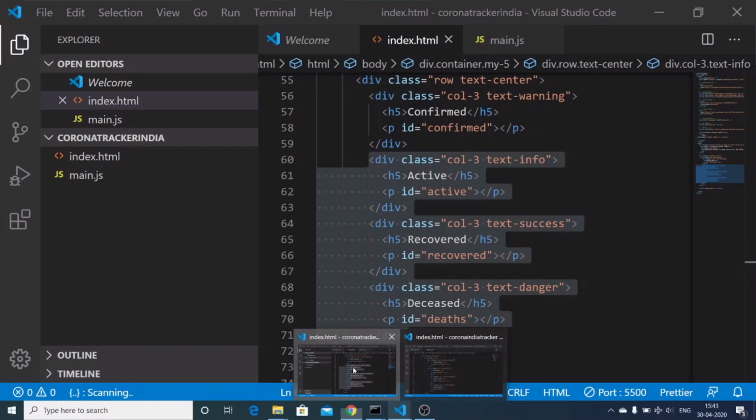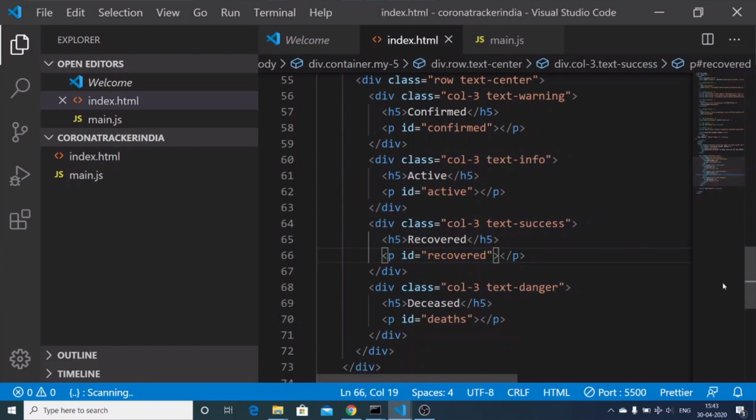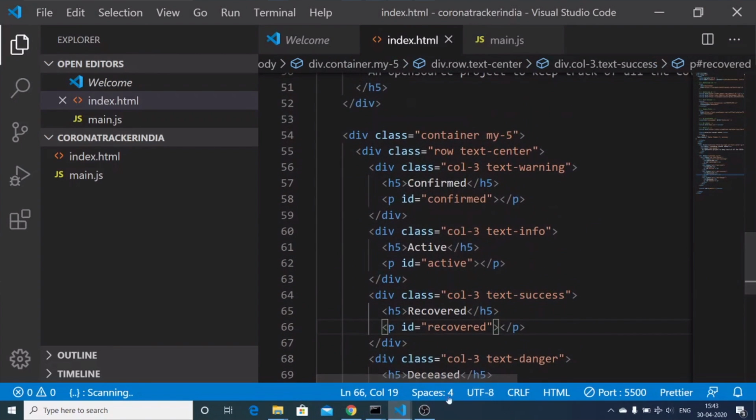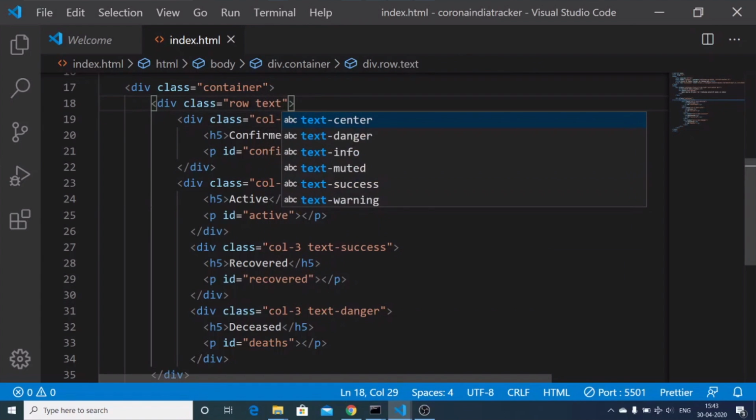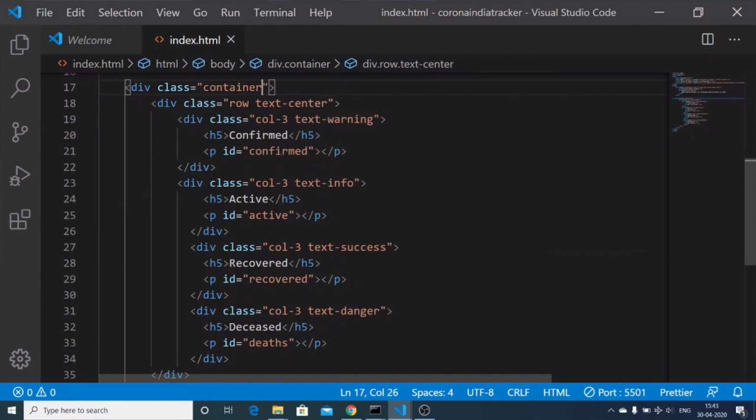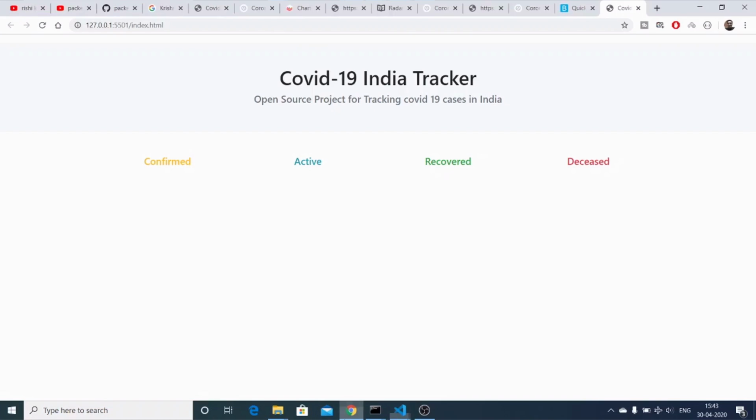And now in order to create some space from the top, we can add these classes here. First of all, in order to align it in the center position, we can add the text-center class of Bootstrap. Text-center, and then inside this container also, which is my-5. Just add this, and now your template is created. Now we just need to dynamically get the data from the API and display it inside this template.